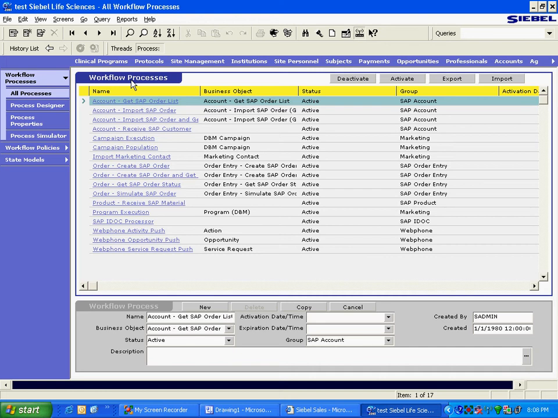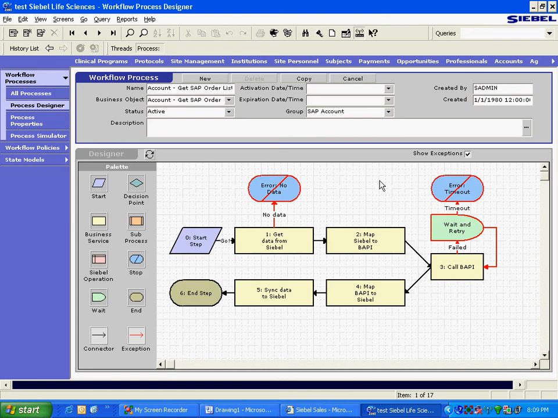What is workflow? Workflow is basically whenever you want to execute certain code in a sequence, you would use Siebel workflow. By the way, this Siebel workflow is also called Siebel Business Process Manager. In Siebel 7, it's called Business Process Manager or business process. Again, it looks like it's becoming very close to the business concept, but it is as far from the business concept as it ever was. Okay, so this is how the workflow looks. Again, it looks like a business workflow, but pretty much this is all a chunk of code.